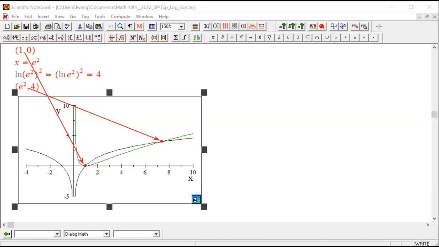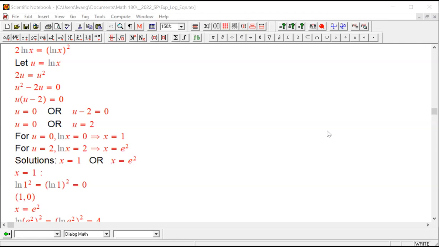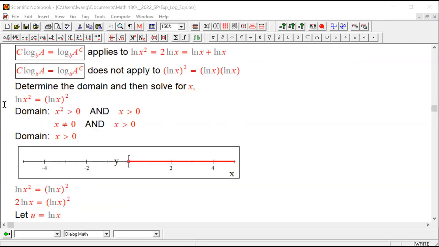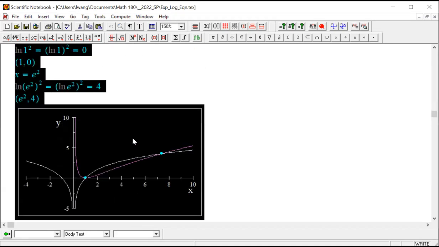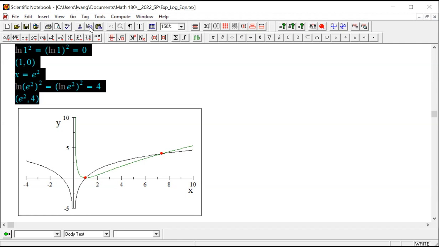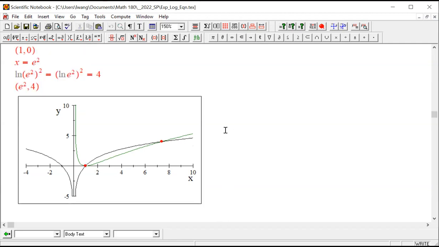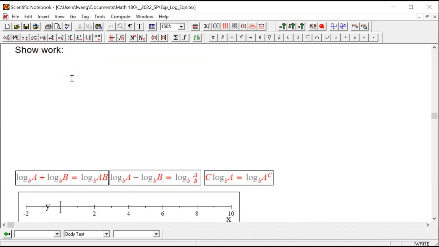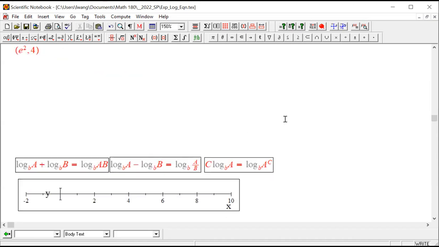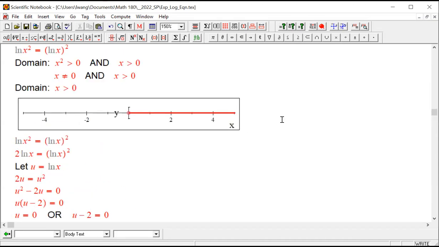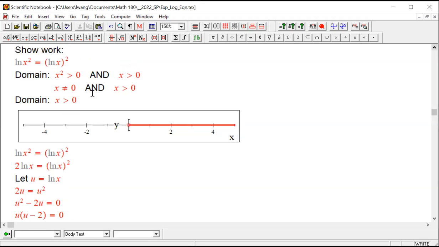And I'm going to show you how to show work. So in terms of showing work, I'm going to show you the following. Okay, show work. In terms of showing work, right? We solve this, right? Typically it will be say solve for x,